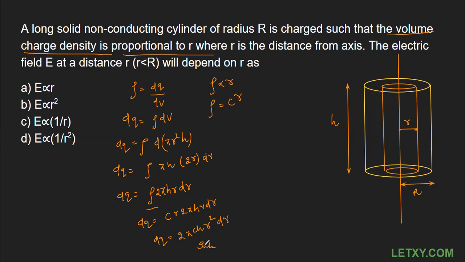So I'm going to write down integrating both the sides. When I integrate it, this will be 0 to q dq, and this will be from 2 pi C h r square dr. And remember, the limits for r will be from 0 to small r. All the constant terms will simply come out of the integration, and the integral of dq will simply come out to be small q.